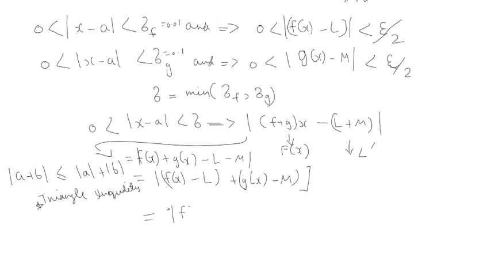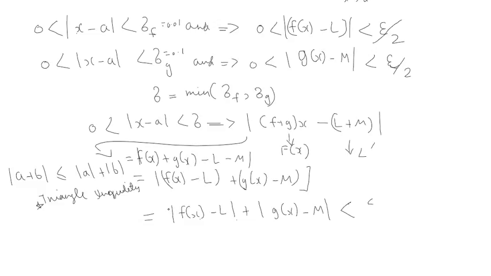So this turns out to be absolute value of f of x minus L, plus absolute value of g of x minus M, right? And once we do that, we know exactly what this is. Since we're talking about an inequality, we can simply plug in f of x minus L is less than epsilon over 2 over here, because we know that this has to be something, right? It has to be less than something. So we're going to put a less than or equal to sign over here, and we're going to say that f of x minus L is less than